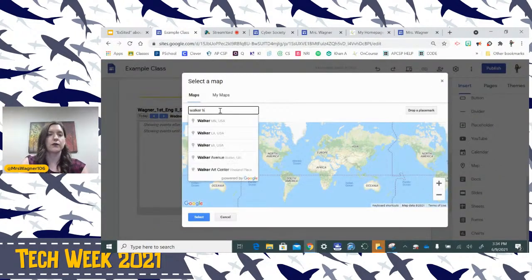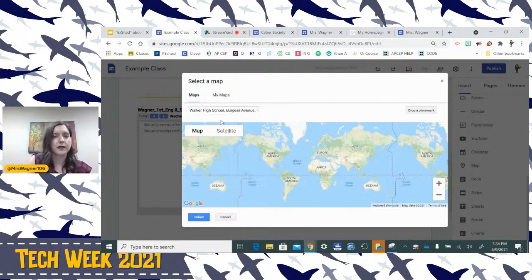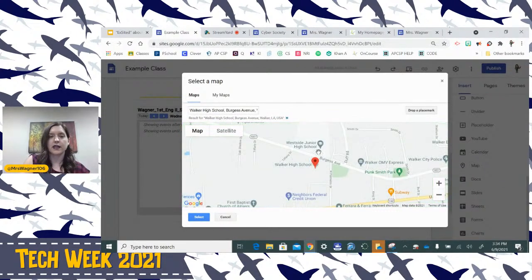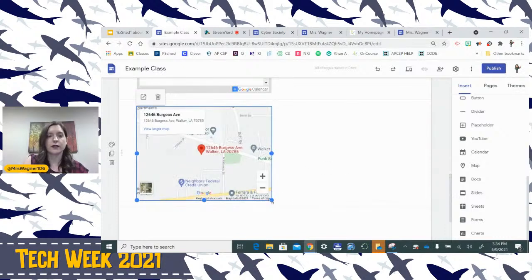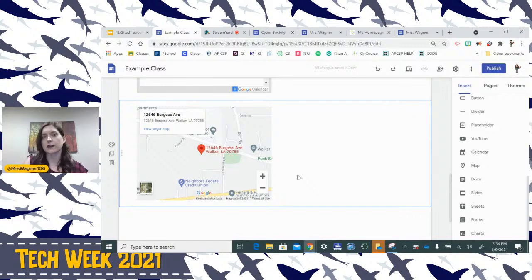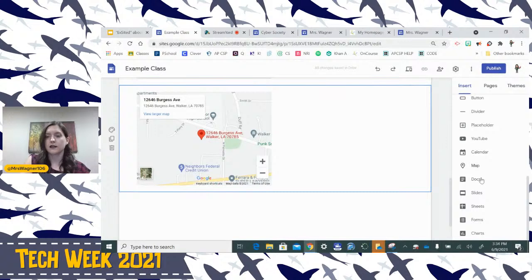If I want to include a map, say we're studying a certain region and I want to put a landmark on there, I can insert a map. We used Google Earth a bit whenever we were studying Things Fall Apart. I'm sure that would be super interesting in geography class.